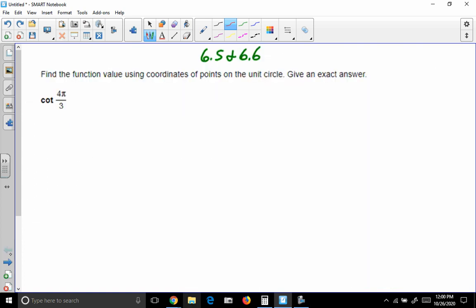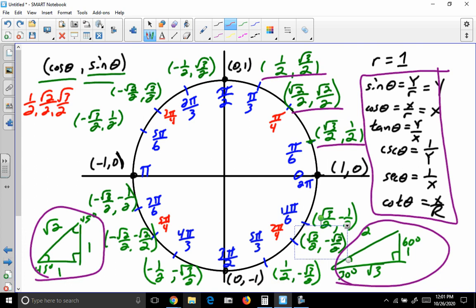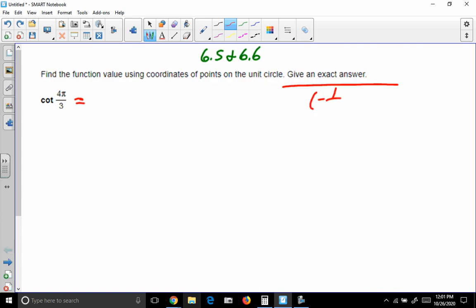So let's see if we can use that to answer this question. Cotangent of 4 pi over 3, and we want an exact answer. That means to use the unit circle, don't just type it in your calculator. So at 4 pi over 3, our ordered pair is negative 1/2, negative root 3 over 2. And the ratio for cotangent is x over y. So if we take the x ordinate divided by the y ordinate,